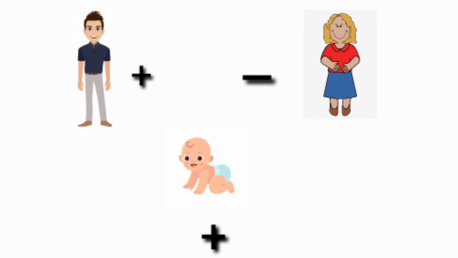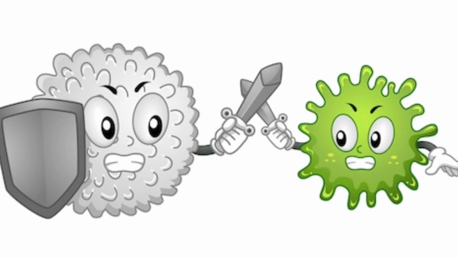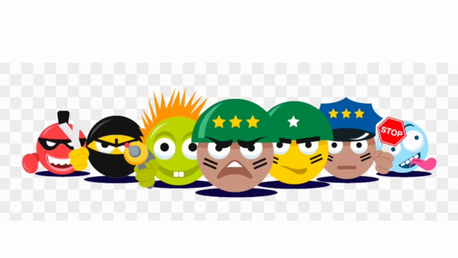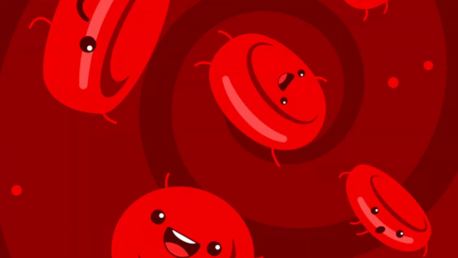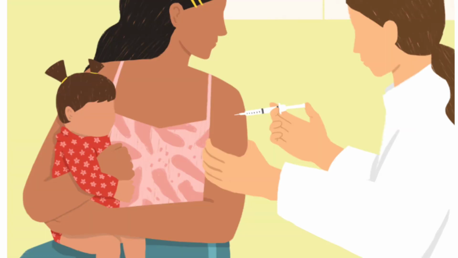Because if the fetus blood having antigen D is transfused with the mother's blood, which does not have antigen D, the mother's immune system detects fetus blood as an invader. Hence, it destroys antigen D of the fetus blood. In the first delivery, the mother's immune system detects and forms a WBC army against antigen D. Hence, during second pregnancy, most of the fetus RBCs are destroyed, causing anemia or even erythroblastosis fetalis. To prevent this, the mother is administered anti-D antibodies.